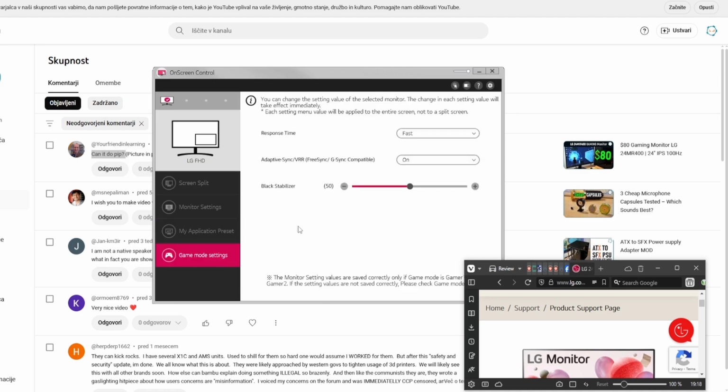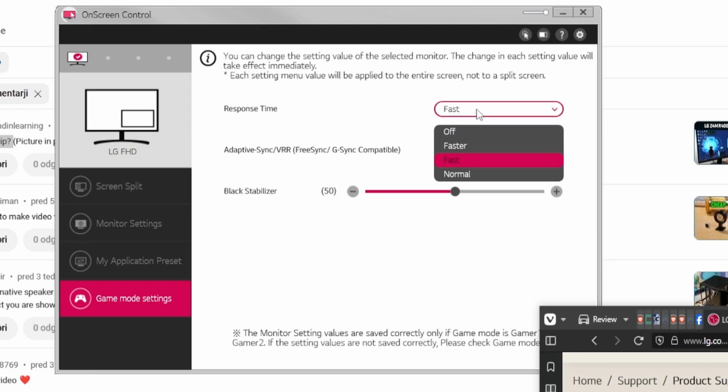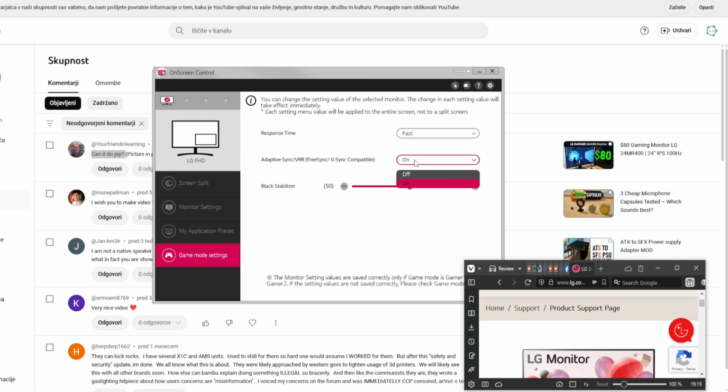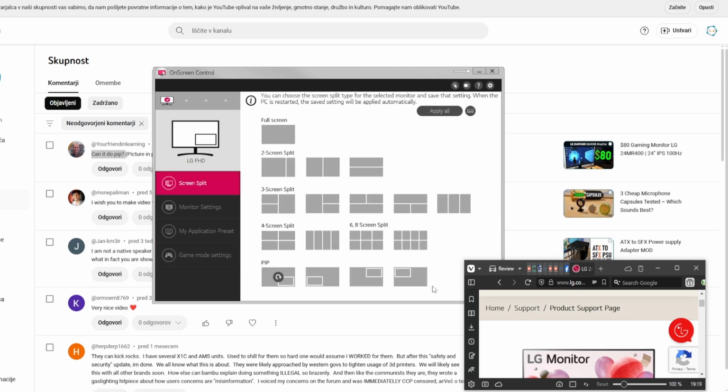And then we have the game mode, response time. So you can set this in the OSD as well. Adaptive sync, which is on, and the black stabilizer, which makes, well, pretty much everything darker or a lot brighter. So I'll just leave it to 50. So I guess you can have the picture in picture on this monitor, your friend in learning, but it is